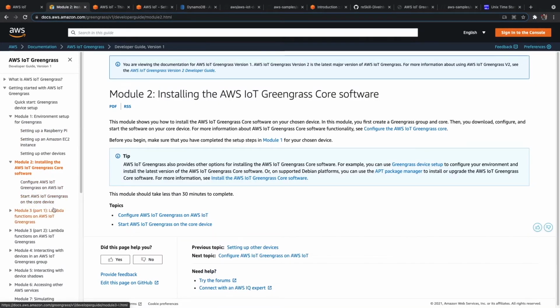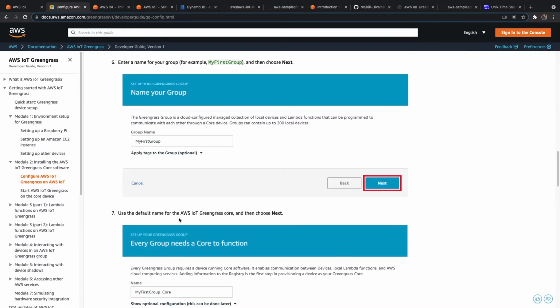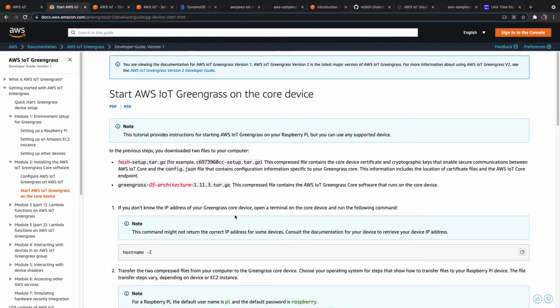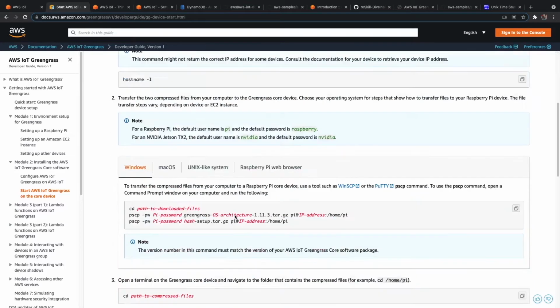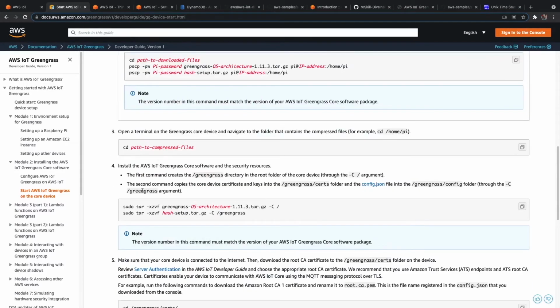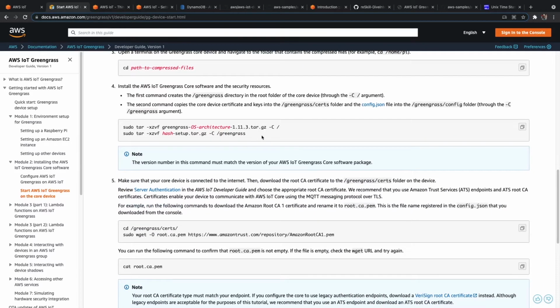The next step is installing and configuring AWS IoT. We did this already: grant permission, do all of these things, which is done. So, start AWS IoT Greengrass. In this one, we copied the files, and once we have them, we need to extract both of these. The greengrass tar.gz has to go to the root directory. So let's first do that.